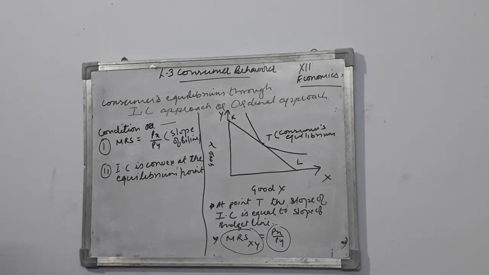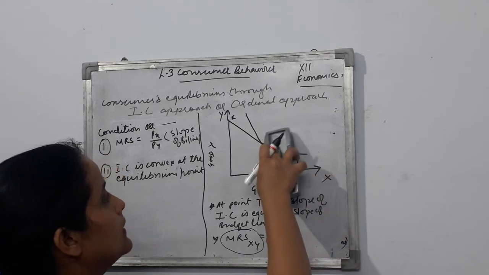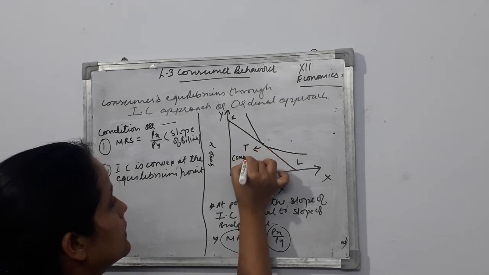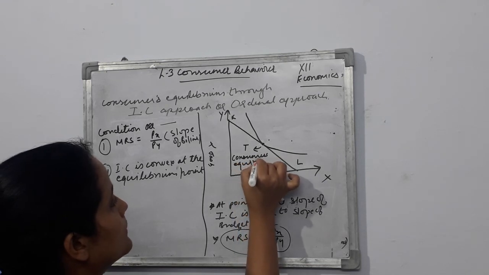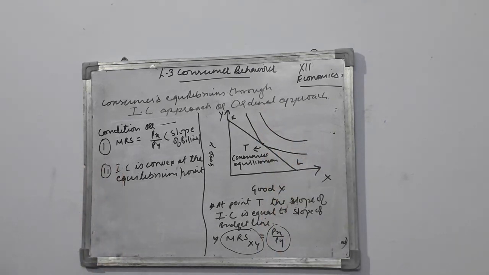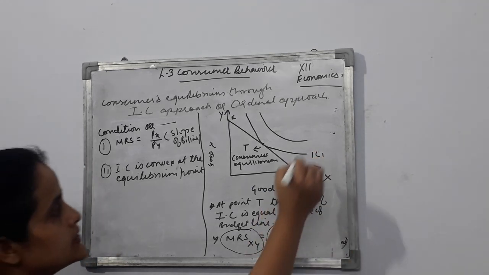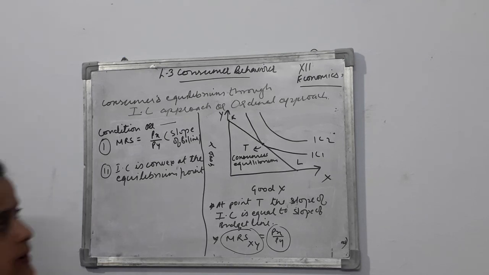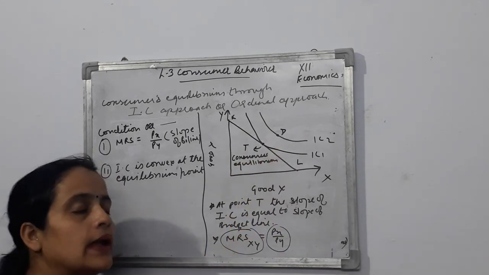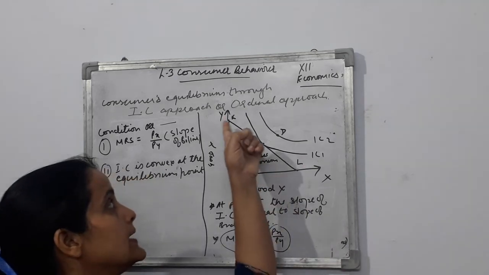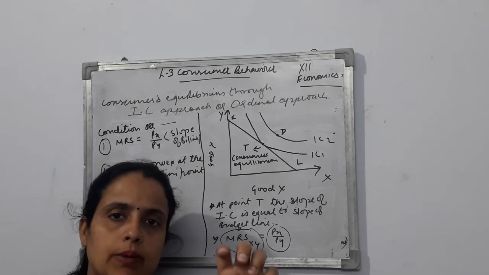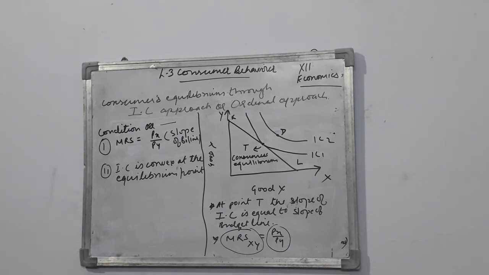Now अगर हम क्या करें, एक ये तो हम जानते हैं कि T consumer equilibrium है. नाउ अगर हम एक और यहाँ पे आईसी ड्रॉ करें, राइट, या आईसी 1 नाम दे दो या ये आईसी 2 नाम दे दो, तो अगर हम एक पॉइंट ले लें डी, तो ये पॉइंट डी कंज्यूमर इक्विलिब्रियम नहीं हो सकता, क्योंकि यहाँ पे आपका डी बजट लाइन से बाहर है. आपकी बजट लाइन KL इज योर बजट लाइन एंड योर पॉइंट डी इज आउट ऑफ बजट लाइन. तो उसका मतलब ये है कि वो आपके बजट से बाहर का सैटिस्फैक्शन है. आपको अपने बजट के अंदर की चीजों को देखना है, राइट.